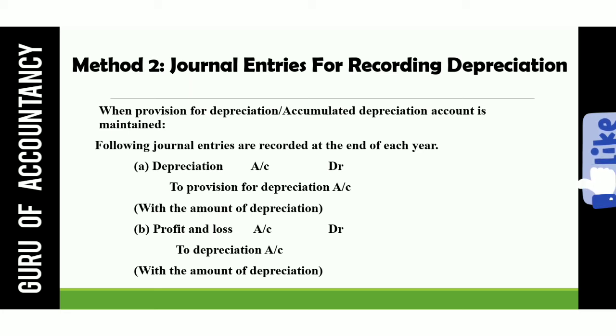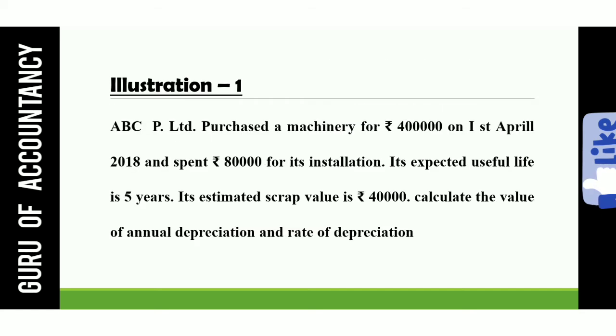At the end of the year, the depreciation account is closed and transferred to profit and loss account. So the second entry would be profit and loss account debit to depreciation. So this way, journal entries are passed in both the methods. Now let us understand